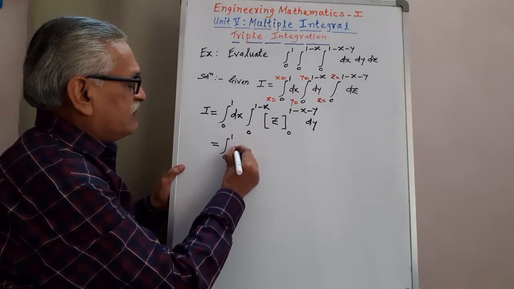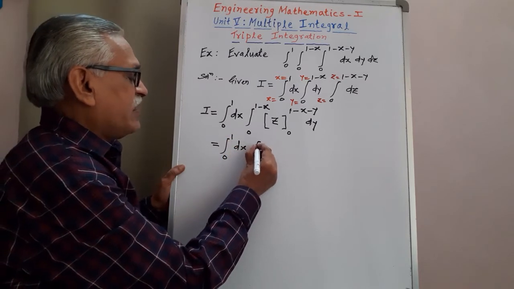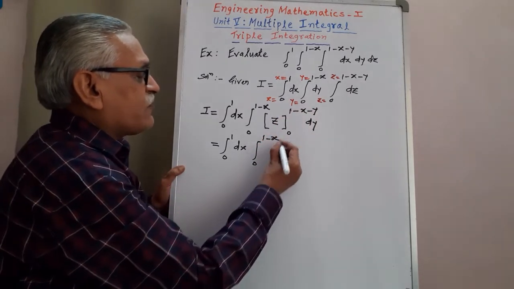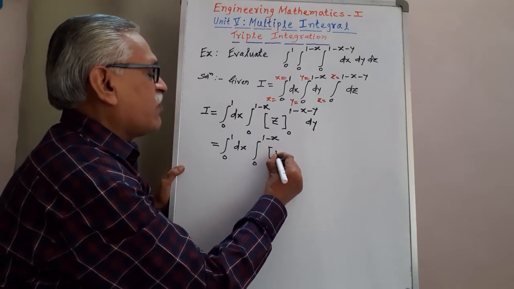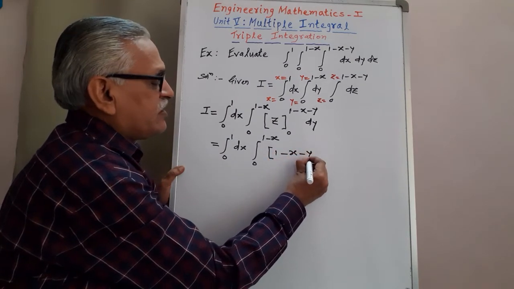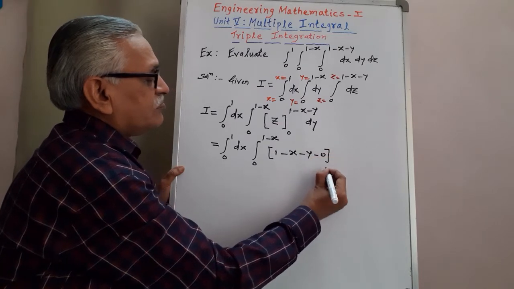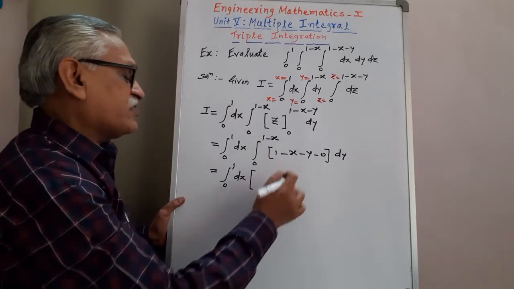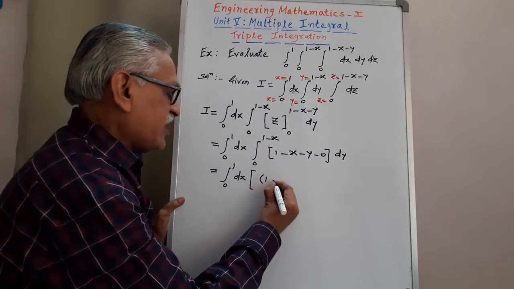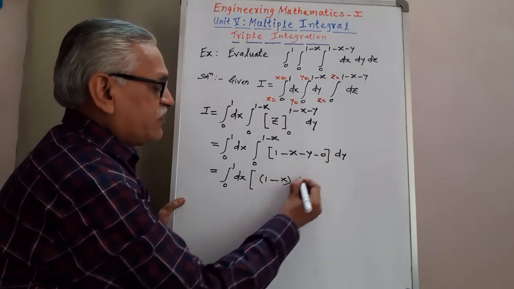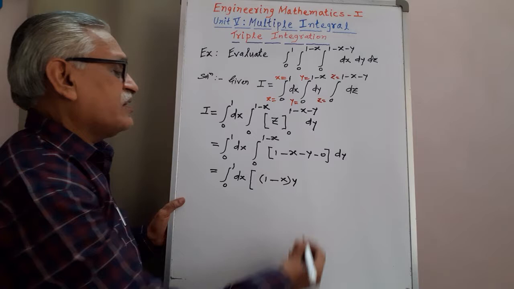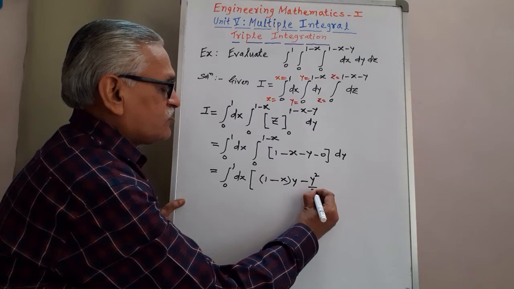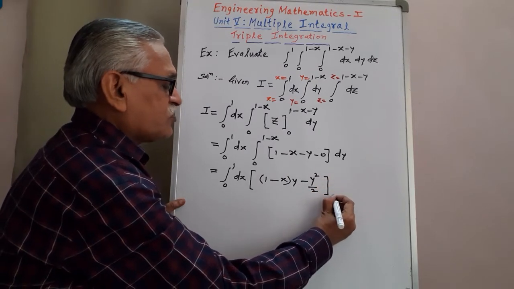Integral from 0 to 1 with respect to x, integral from 0 to 1 minus x, substituting the upper and lower limit for z. Upper limit is 1 minus x minus y, lower limit as 0, and then we have to integrate it with respect to y. As 1 minus x is constant outside, and integration of dy is y, and minus integration of y with respect to y is y square by 2, and the limits from 0 to 1 minus x,